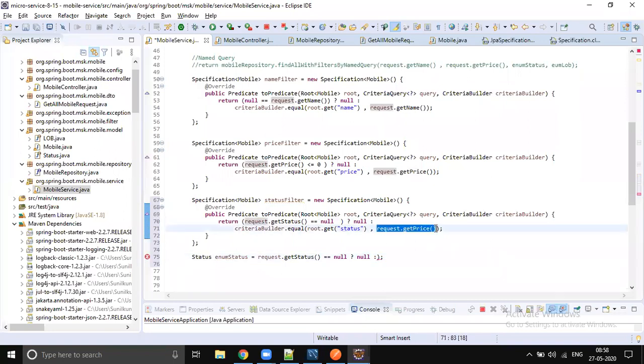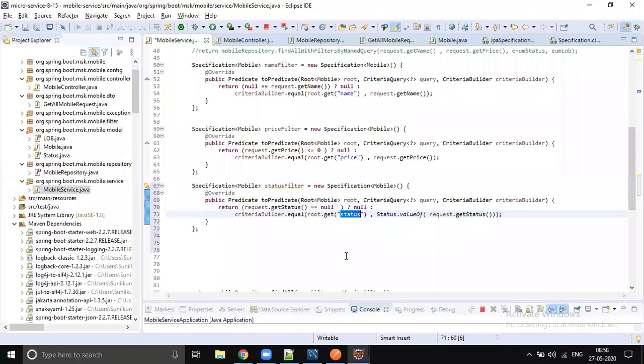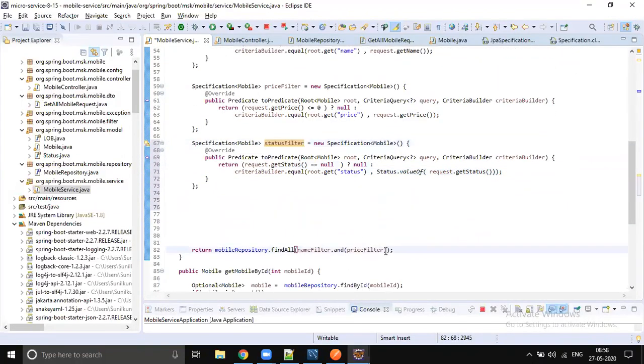Make sure you are sending enum value. Okay, so if the status is not null, convert that into enum, and compare with the database status column. So let's join this status filter also, and status filter.